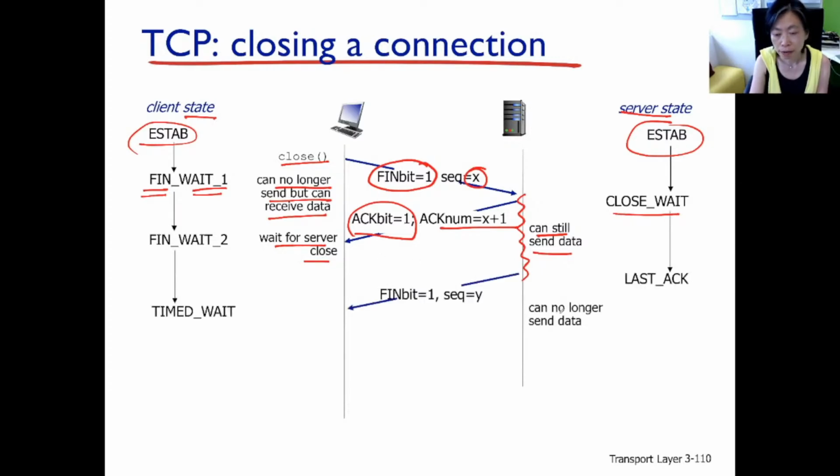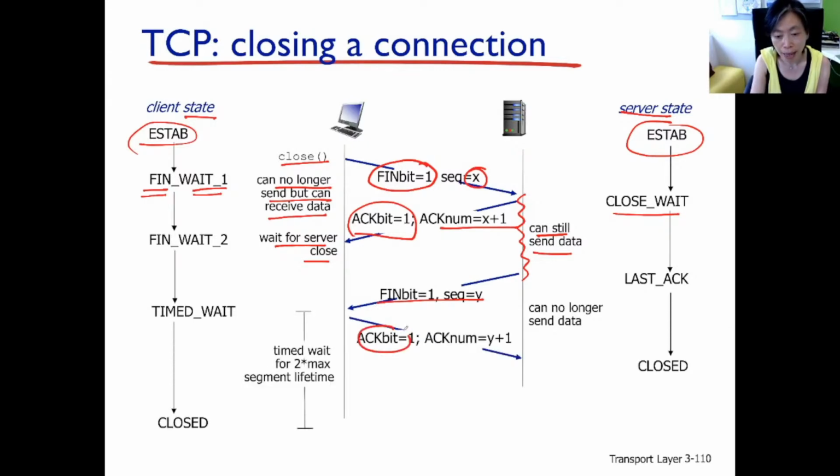So finally, the server says, done with all the data, so it sends FIN. The client here receives the FIN and sends back the ACK, saying, good, that's close. The server can now close safely, no problem. But the client here needs to wait 2 maximum segment lifetimes before it can really close. And this maximum segment lifetime is usually 60 seconds long. Can you guess why? Why does the client need to stay so long until it can really close the connection?